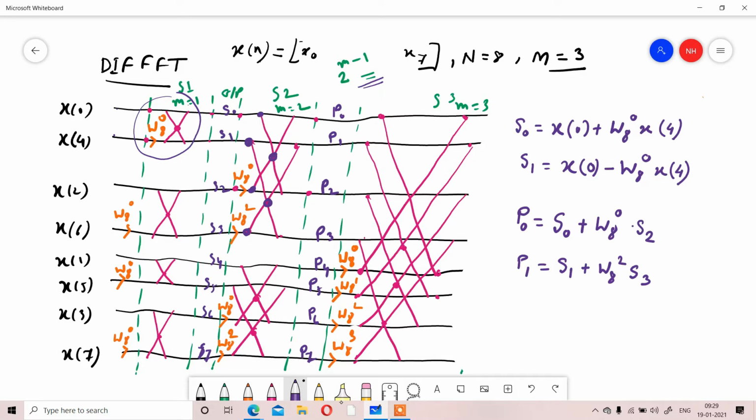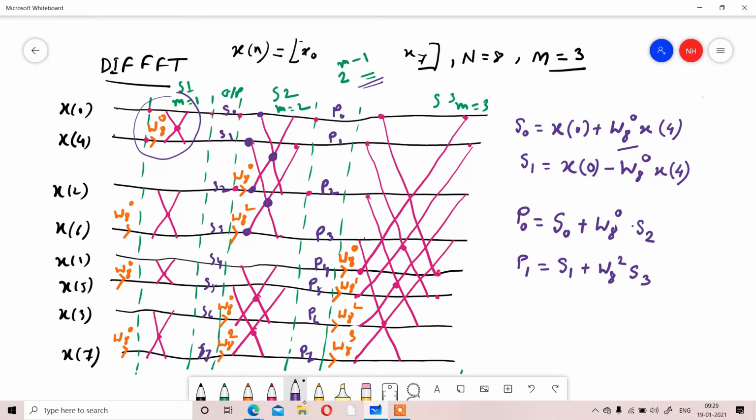In that way you have to calculate P0 to P7, and similarly you have to calculate X0 to X7. Now after getting all the equations, simply you have to replace the value of W80, W82, W81 and W83. If we replace all the values, and already you know the values of inputs, so if we replace step by step, all the result you are going to get.